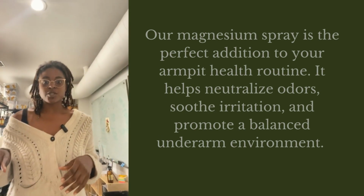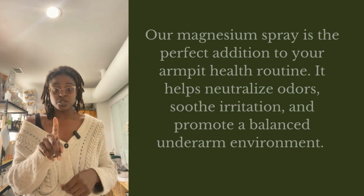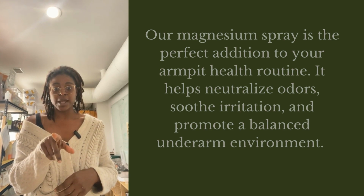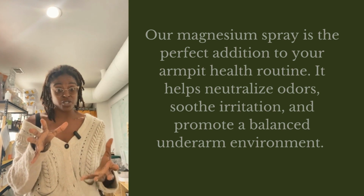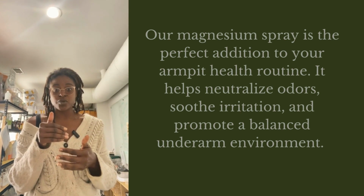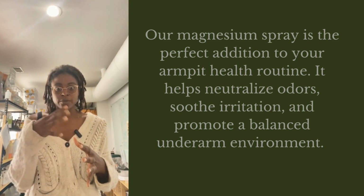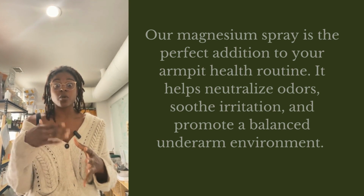Let's make a magnesium spray for armpit health. Now, very simple recipe, easy to adjust. If you feel like your natural deodorant isn't going as far as you like, this is a great step to add prior to using your deodorant to ensure that you are eliminating odor and absorbing more odors and oils and